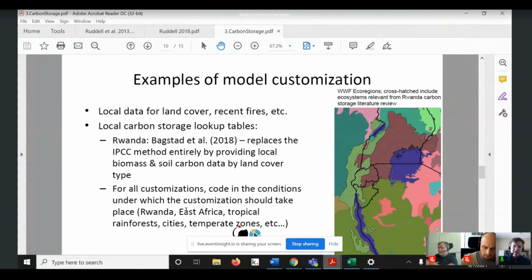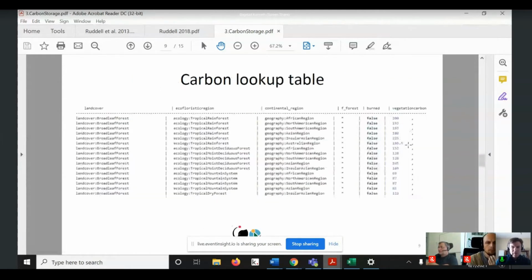So one way to customize, again, is to add your own data. Another is to add your own model parameterizations. You might say, hey, this lookup table looks great, but I've got some more recent data or some better data for my part of the world. And a final way is simply to say, I have a completely different model than this. I've got a process model for soil carbon storage in agricultural systems, for instance, and I want to substitute that entire model for the simplified version of it. And if you can get your model coded in a way that Aries can reuse, again, you can use that model and other people can reuse that model too.